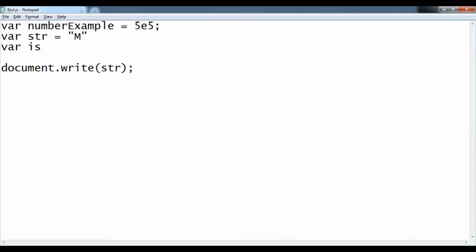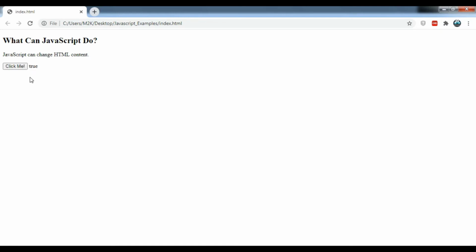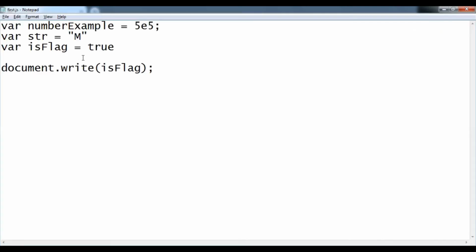Okay, so here you are seeing that there is no single quote or double quote, this is only true I have written, it means that this value will be true. Okay, so if I write here, so what does that mean? Why do we use boolean? Most of the time we use boolean to check any condition, whether that condition is true or false. So you will get to know more about the condition and other things in our later video as well.